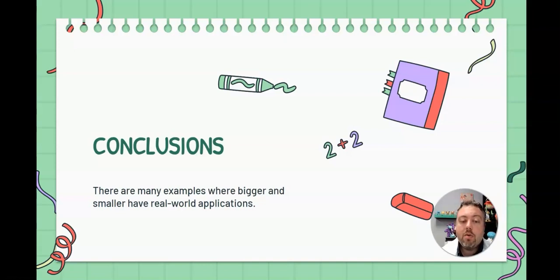And there are many more examples like this that you will begin to interact with when you do things like science and social studies, where you have to understand bigger and smaller doesn't care about direction. It only cares about amount, or how far something is away from 0, or its absolute value. And that's how absolute value connects to these